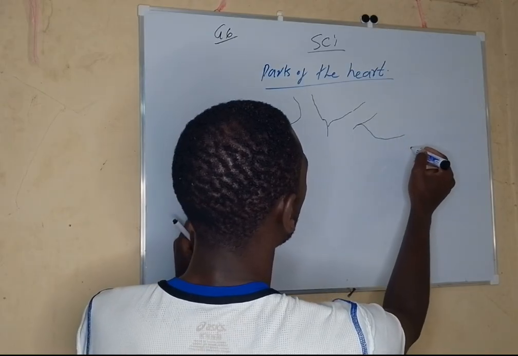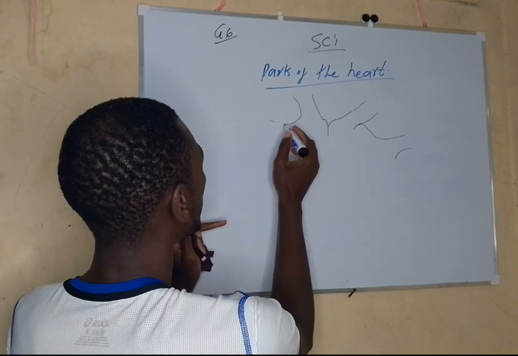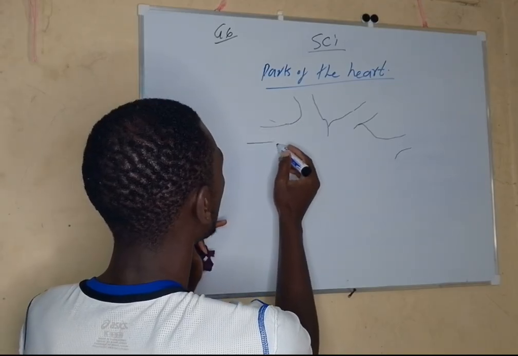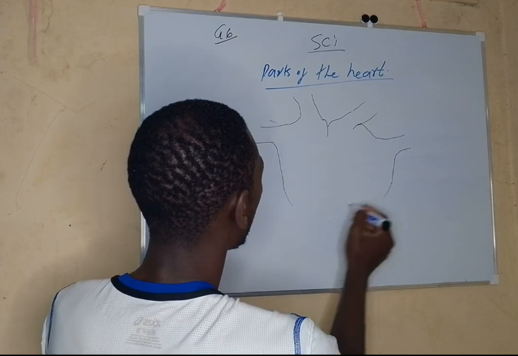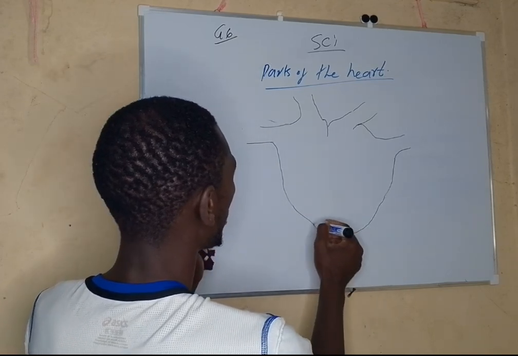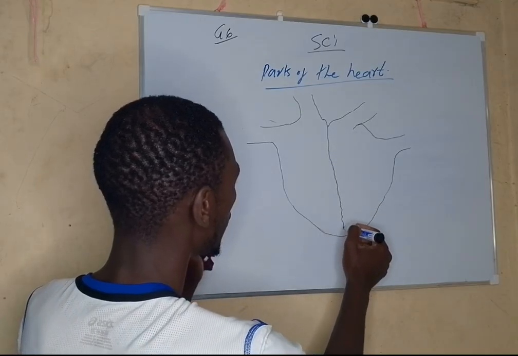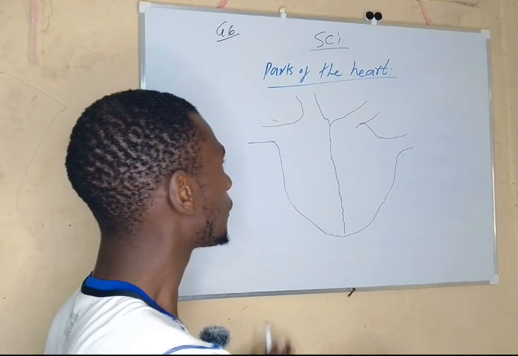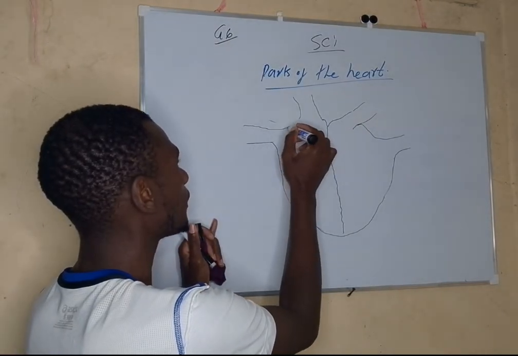We don't need very complicated science. We don't draw very complicated diagrams. This is not a creative arts class where you draw and shade. We only need a simple structure. The heart is divided into two, so we will use that line. So from my drawing, I want to show you some parts here that you have to be very keen about.